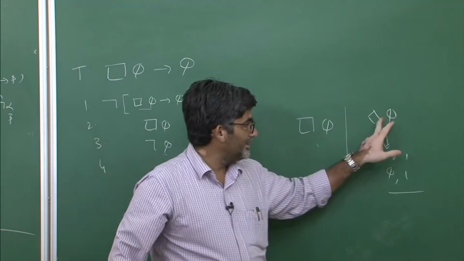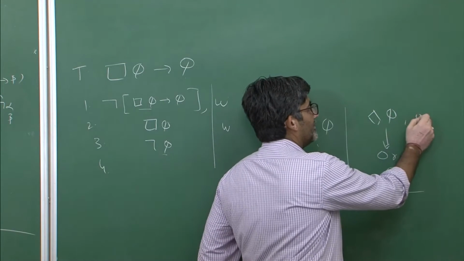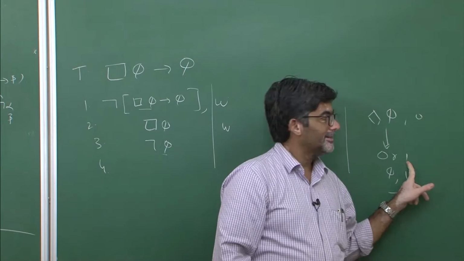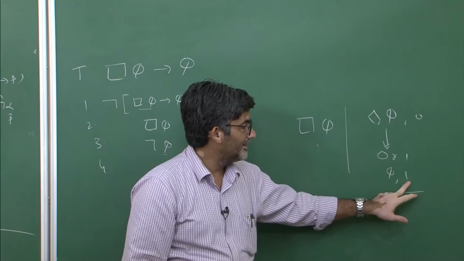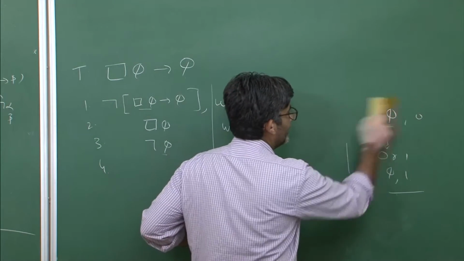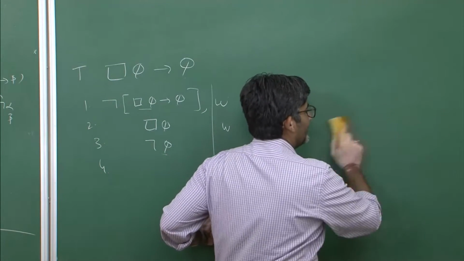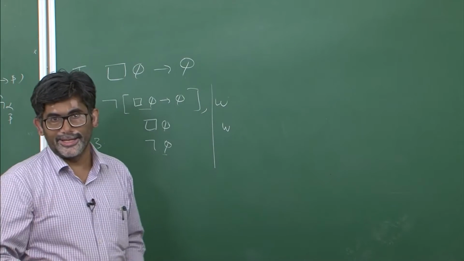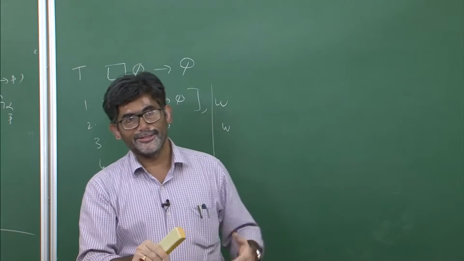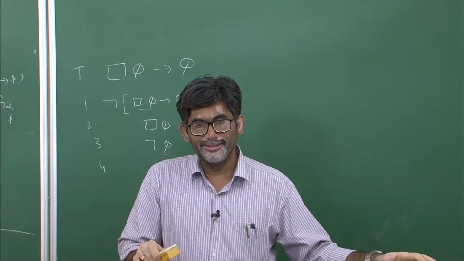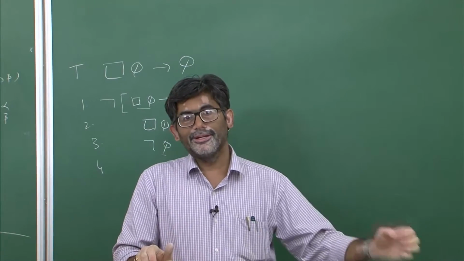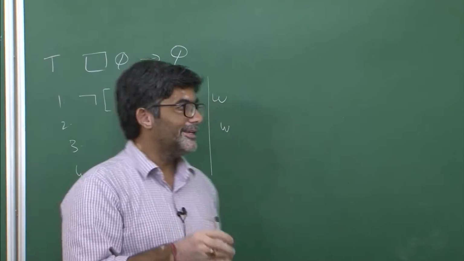But when you say possibility of phi is true in a world 0, it means there should always be some world 1 where phi has to be true. That is the only difference between these two things. It is like the difference between the universal quantifier and the existential quantifier. You can assume things like all unicorns are intelligent, but the moment you talk about there exists some unicorn x, that x is considered to be intelligent.